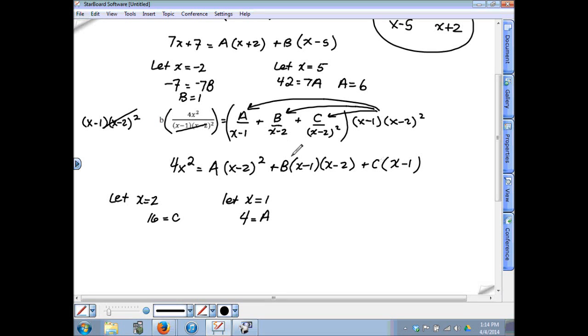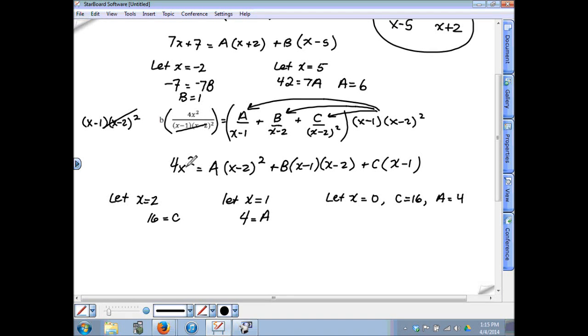Now, this next part, you have to get a little creative. We've used the only two convenient values, quote unquote, of x that would make these terms disappear. Now, remember what I said a little bit earlier. It doesn't really matter what x equals because we're solving for a, b, and c. So you can really let x equal whatever you want. So I'm going to let x now just equal a random number. I'm going to choose 0. But I'm also going to let a and c take on their known values. I'm going to let c equal 16, and I'm going to let a equal 4. If you plug in a 0 for x, a 4 for a, and a 16 for c, then the only unknown in this whole equation would be b, and that's what we're